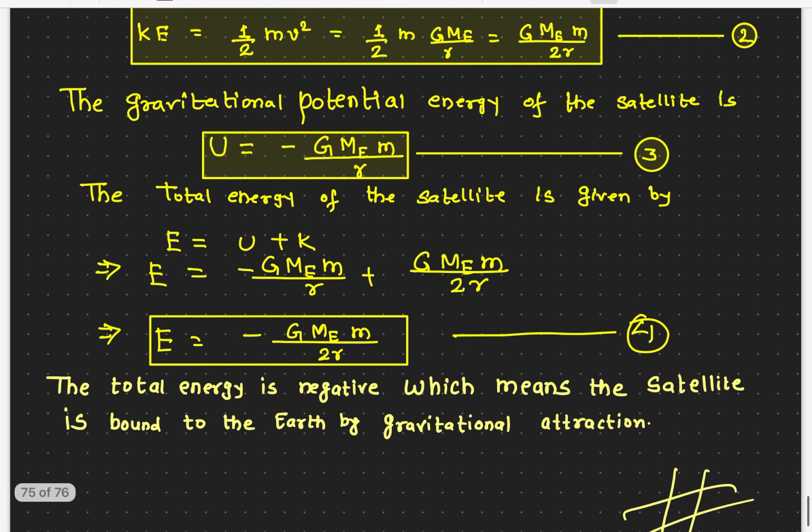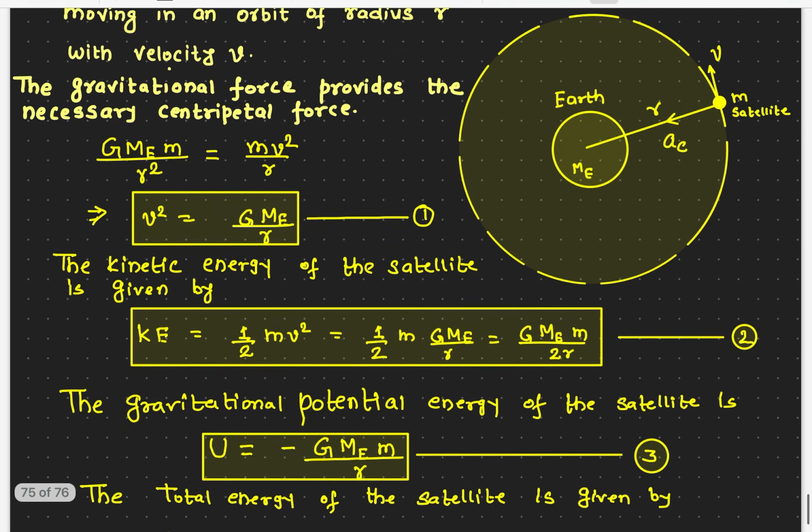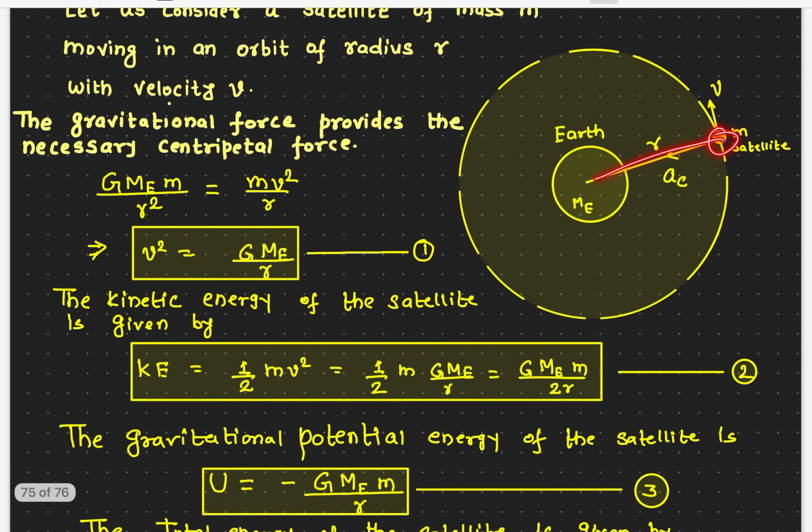The total energy is negative. So what does this mean? Whenever the total energy is negative, that means the satellite is bound to the Earth's gravitational attraction. It cannot leave, so this satellite is bound to it. Or in order to make it unbound,